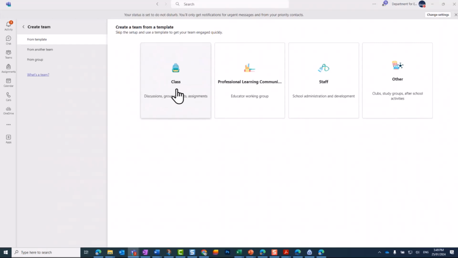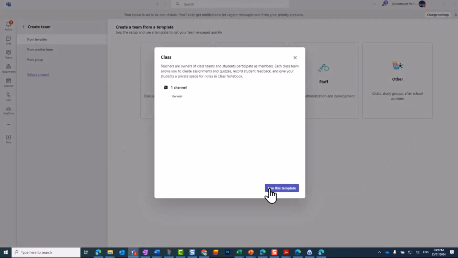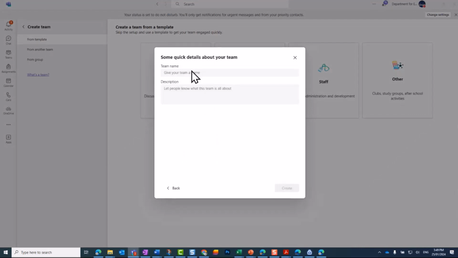If you just click on the class option, and if we can all click on the class option, you'll get a different message here as well. What we want to do is just create this test team with our notebook so that we can have a bit of a play. So I'm going to call this team my site code,